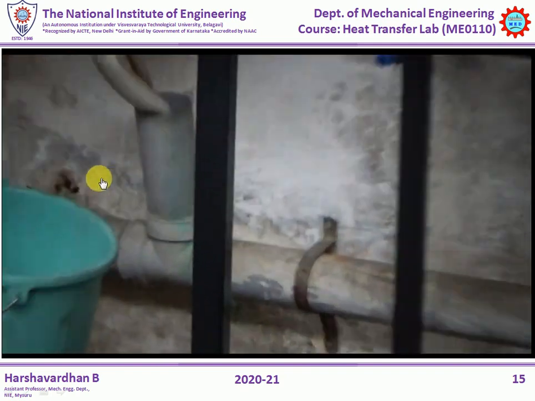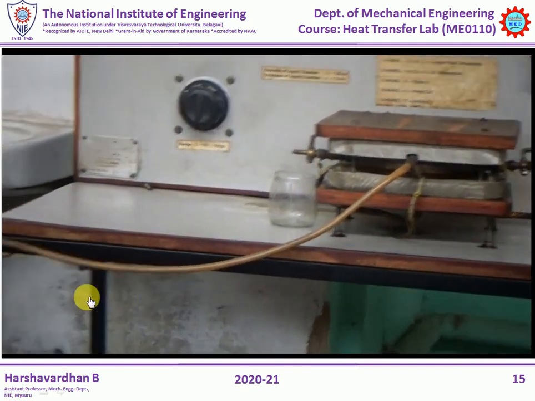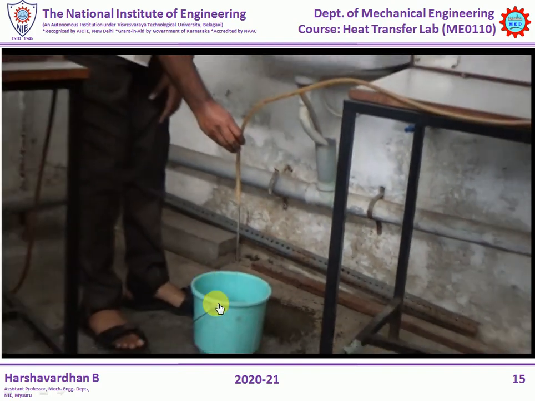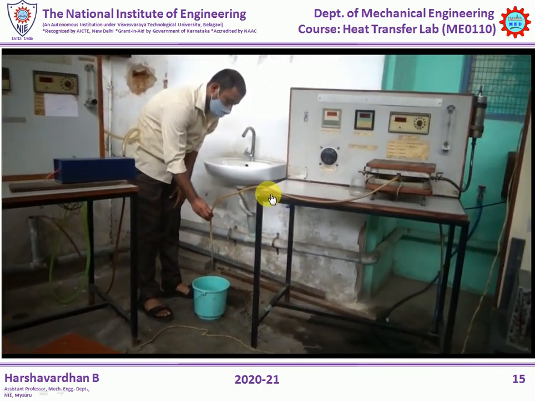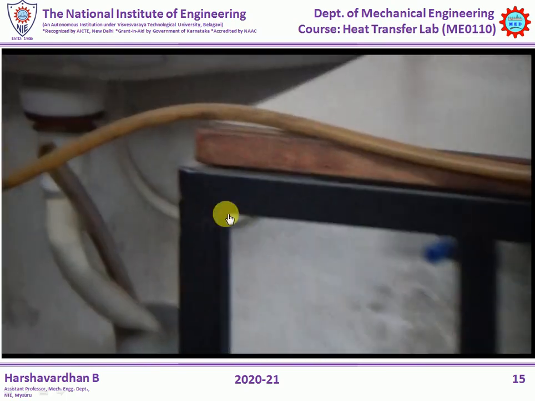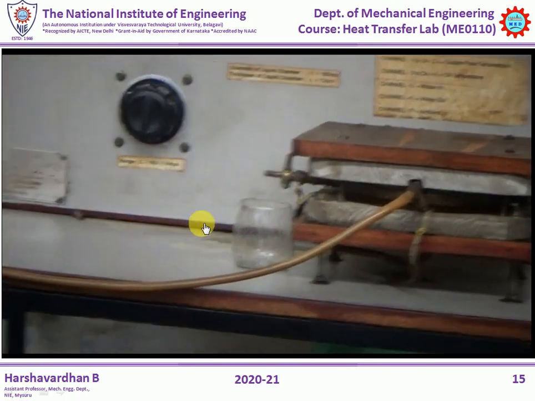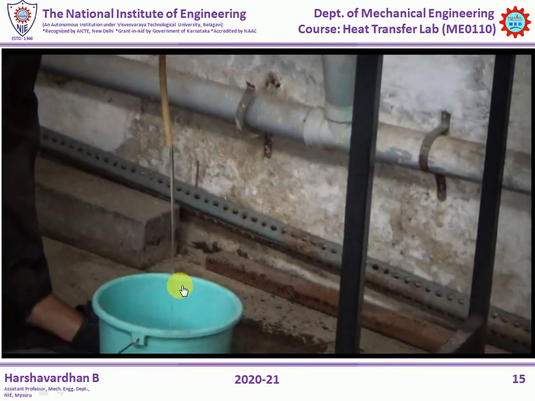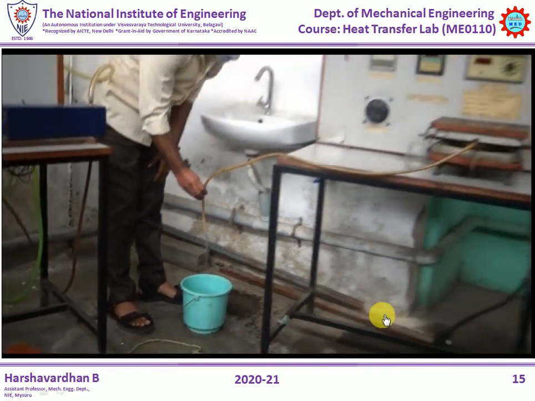By taking the exit pipe out of the drain pipe, we can see the water flowing through this brown color pipe here. This indicates that there is a water flow occurring through the water jacket. And now we should go for measuring the water flow rate.